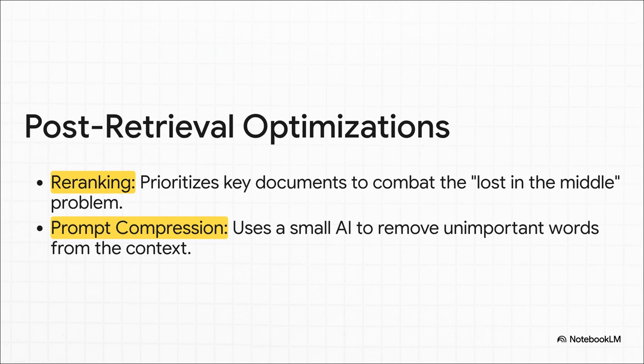So reranking deals with this weird quirk where LLMs pay most attention to the stuff at the very beginning and very end of a prompt. So a reranker just shuffles the documents to put the most important ones in those VIP spots. Then there's prompt compression, which is like having a helpful editor. It uses a smaller, faster AI to trim out all the filler words, making the context shorter and way more